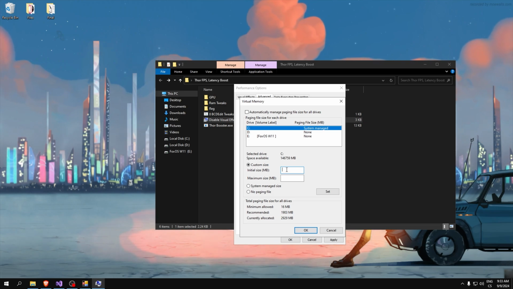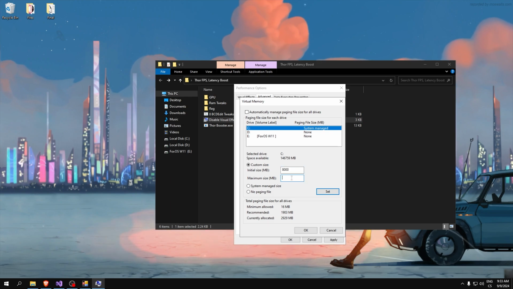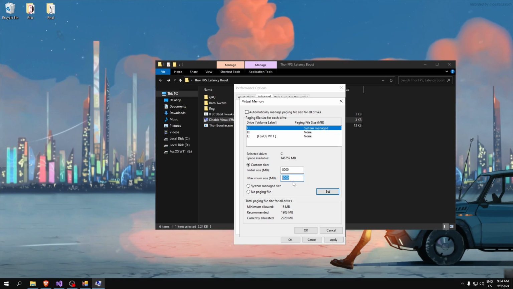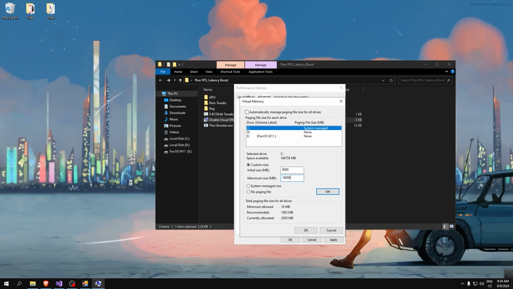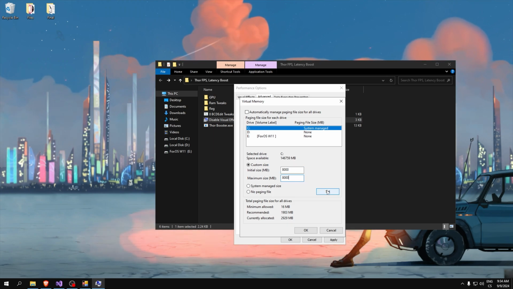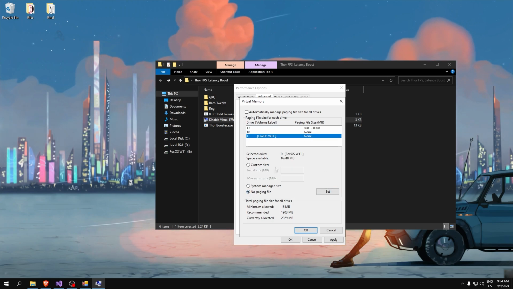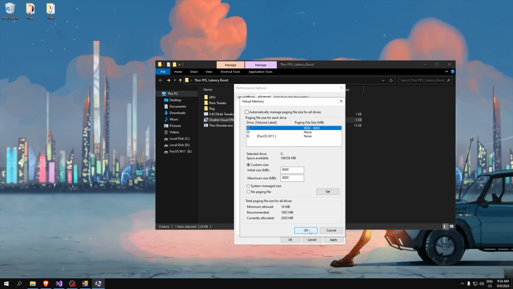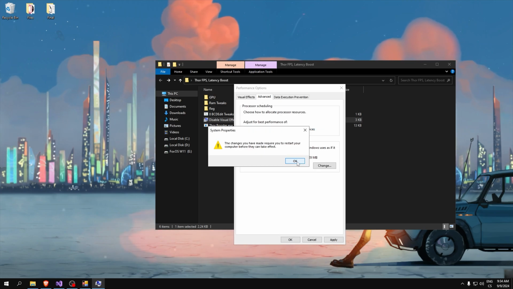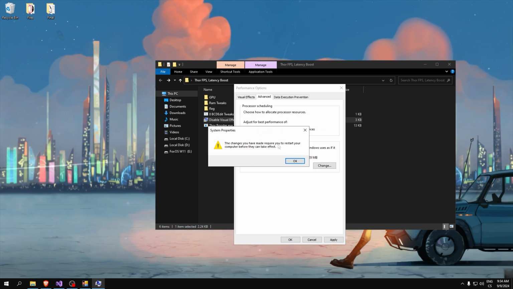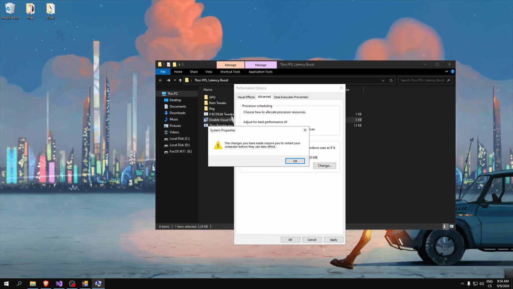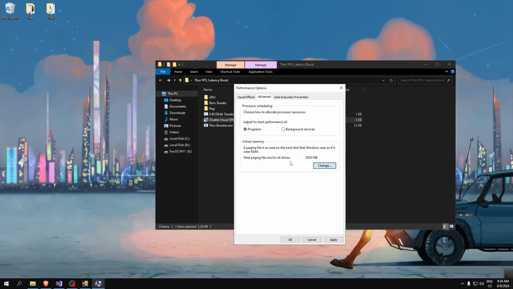I have 8 gigabytes, so I'll write 8000 megabytes, and here just write the same, or you can increase it, so use 16, but I recommend using 8 because it's better, and click set. For other disks I recommend no paging file. Now click OK, and here it says we need to restart the PC to take effect, but we will do it after we do everything. So click OK